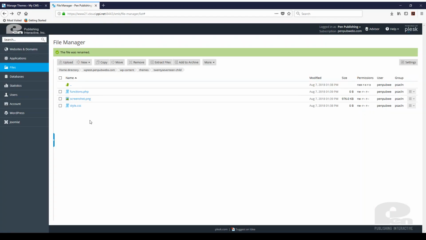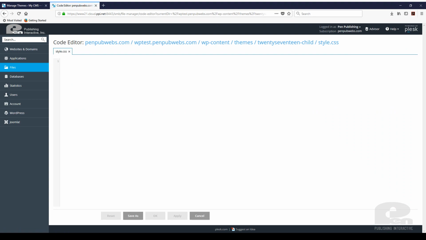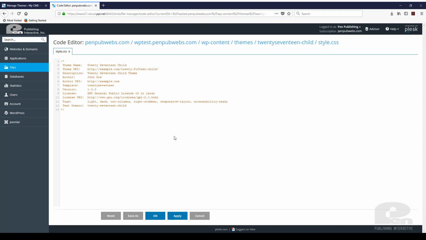The next step is to open our style.css file, and I'm going to edit in code view. What needs to happen first is we need to use this header, and I'm going to include links to the Codex WordPress article that all this information is coming from. Obviously, if you're familiar with WordPress, Codex is your friend. That's where this information is coming from, and that's best practice because that's where WordPress keeps all their documentation. So the first thing is you need to name the theme.